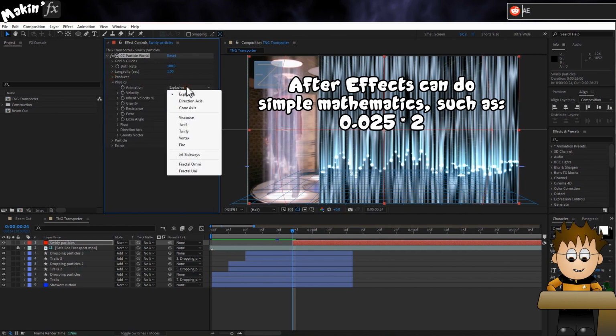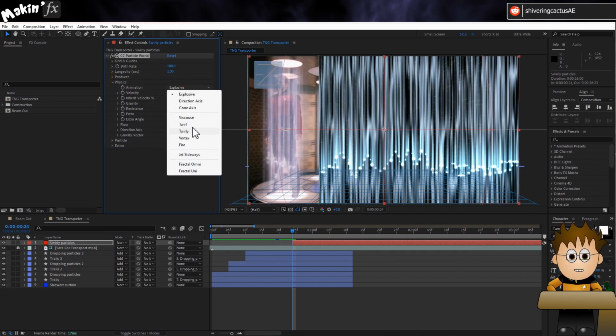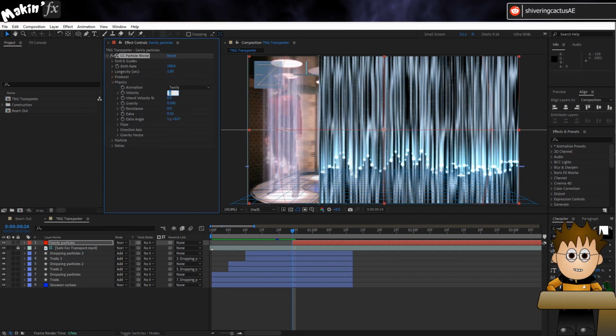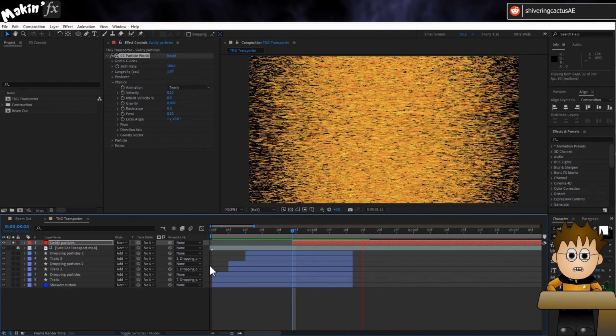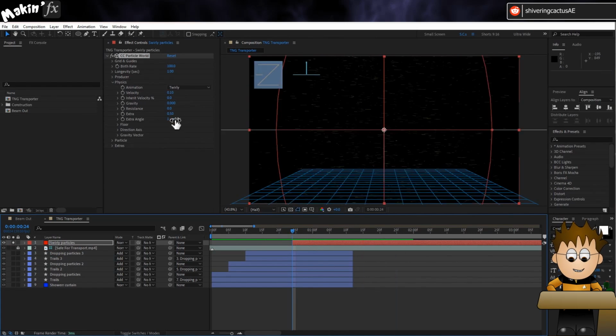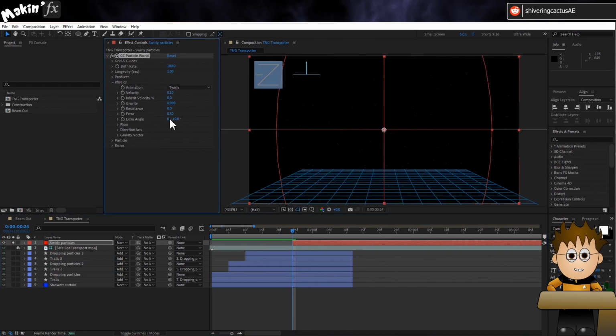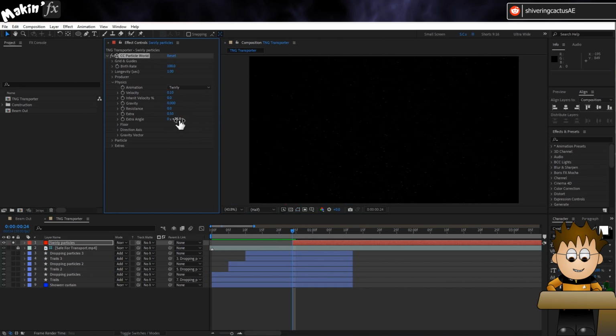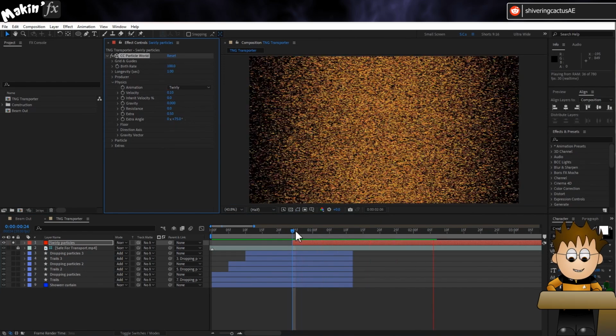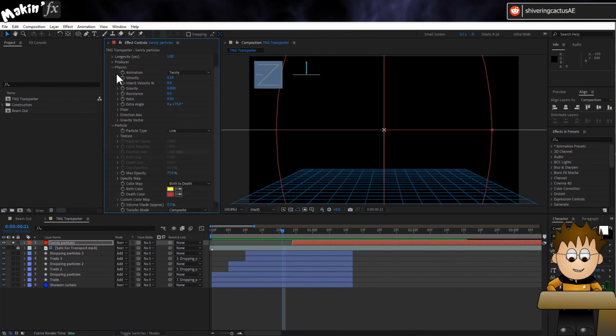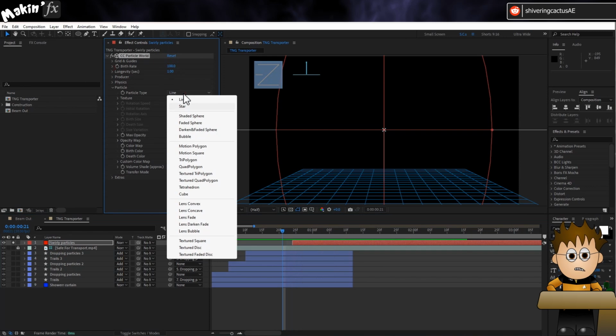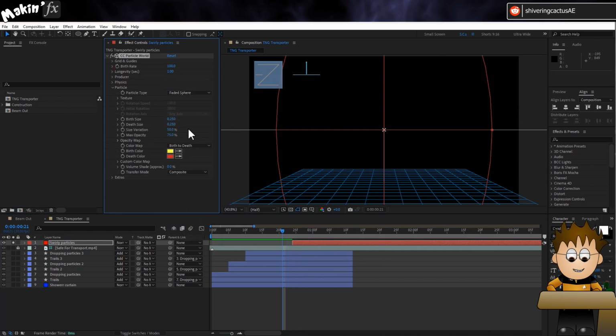Expand Physics and set the animation to twirly, and the velocity to 0.1, set the gravity to 0. And when twirly is selected, the extra angle determines the rotation speed, so set it to about 75 degrees. Expand Particle and set the type to Faded Sphere. The birth and death sizes to 0.1